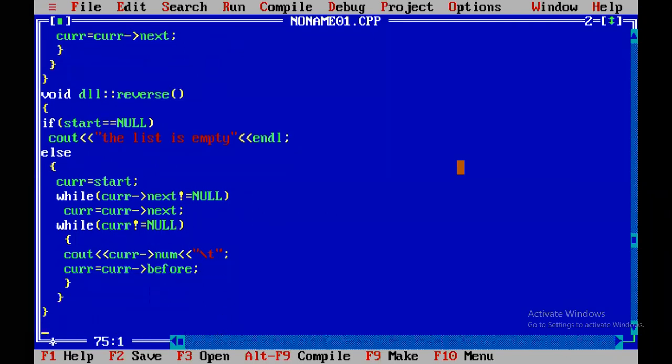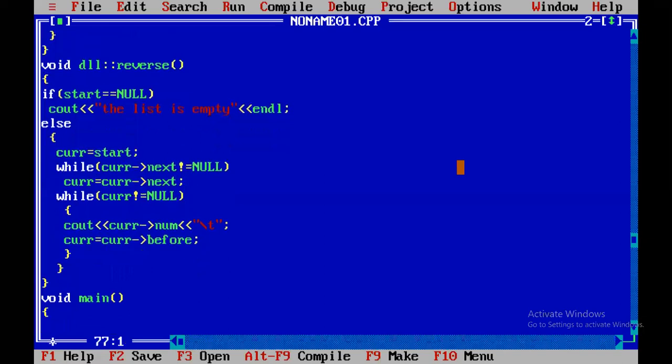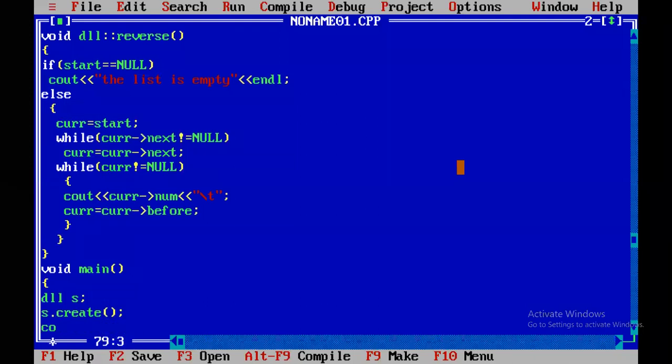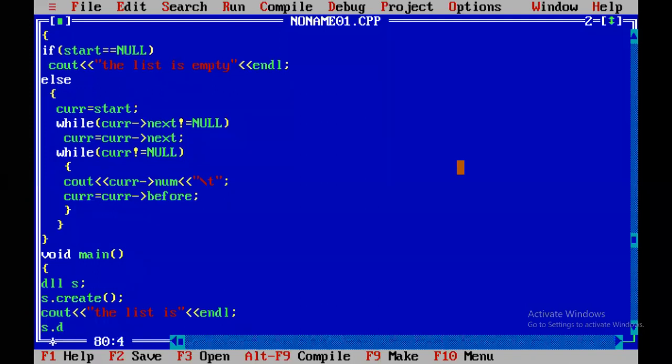Then you have to write void main. So DLL, S is an object of DLL. S dot create. Then cout the list is, S dot display.